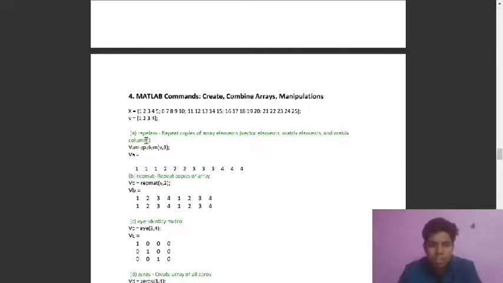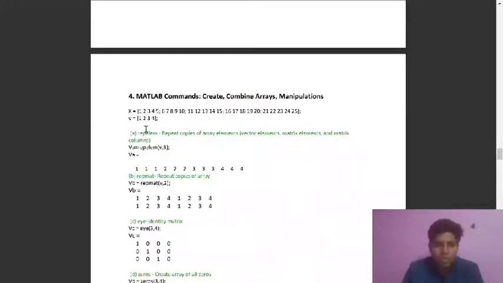Here it is saying that we have to use repelem, which is a short form of repeat element. So we are repeating every element of that vector. Here you can see we are using repelem of v. We are giving first the vector v, then the second argument as 3. So this will repeat every element 3 times.